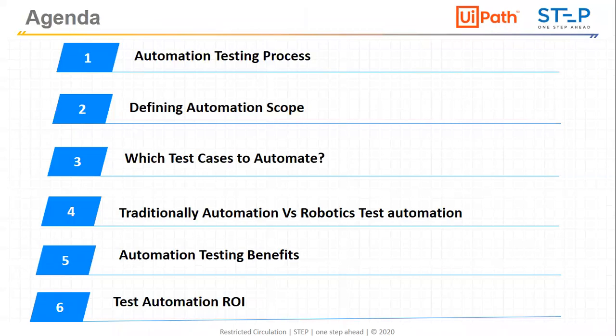Today we are going to cover what the testing automation process is, what we are going to do in that particular process. Just like we have seen STLC, we need to see how the automation testing process works, then defining the automation scope, because we cannot test all test cases using automation. If the application is not stable, are we going to do the automation or not? Or which types of test cases we need to automate, which types we can't automate, or that are not feasible to automate and will not lead to good ROI. So that we need to cover.